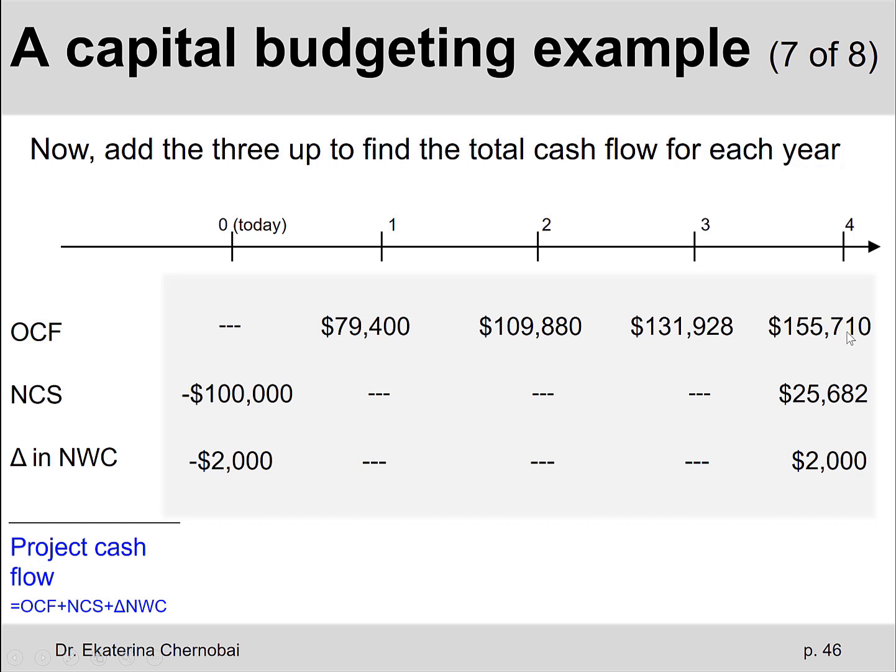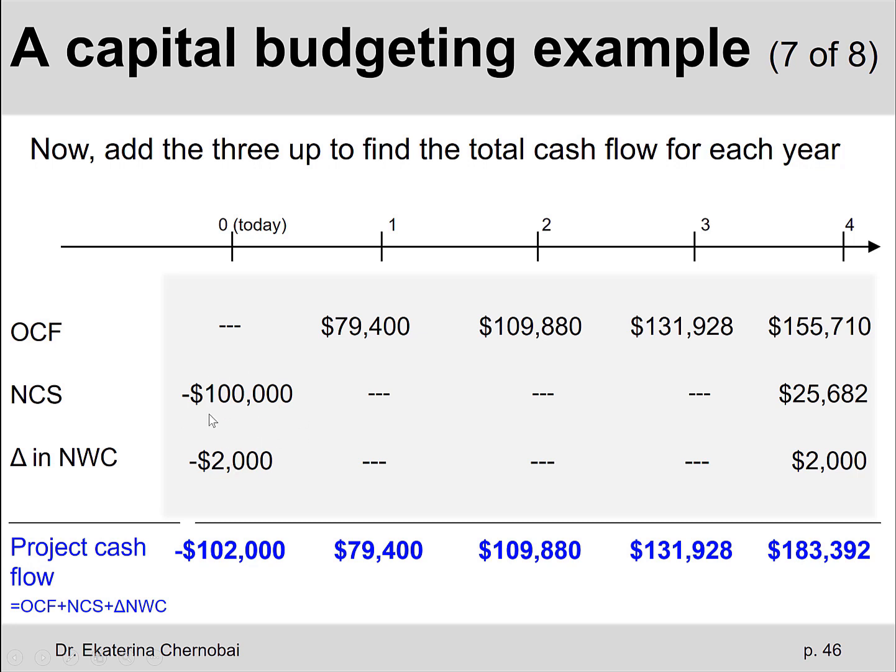So notice that there are 2 amounts of money spent in year 0. So it gives us a total of $102,000. And in the 4th year, we have a lot of things going on. There are 3 sources of money for us. First, the operating cash flow, or the profit we make from selling pizzas. Then we have the after-tax salvage value, the money we collect when we sell all equipment that we will no longer need. And the 3rd source of our money is the cash that will be recovered from the project.